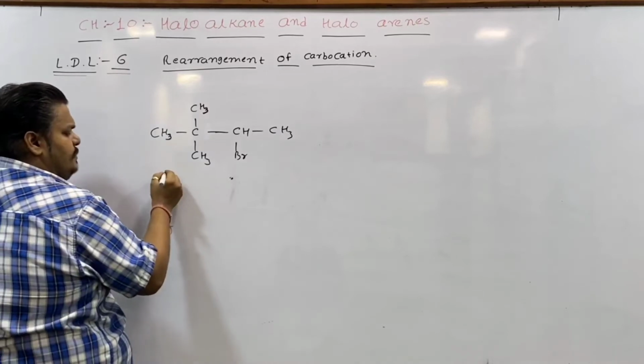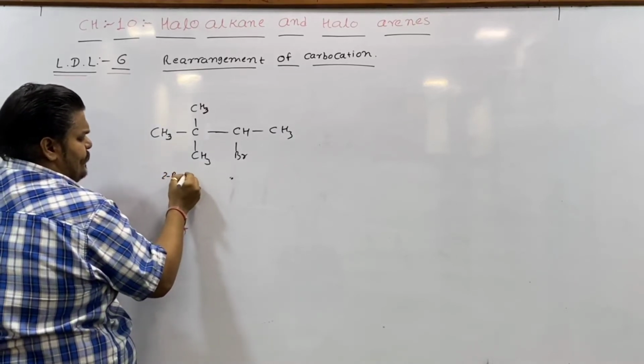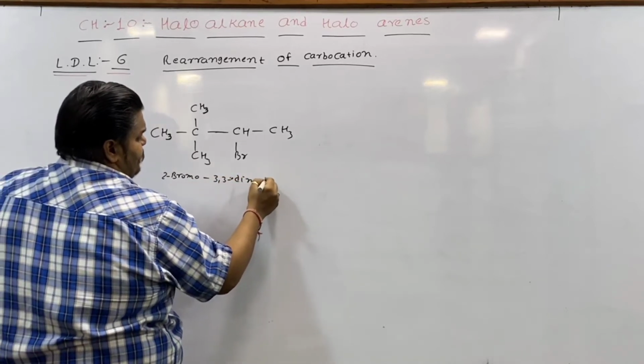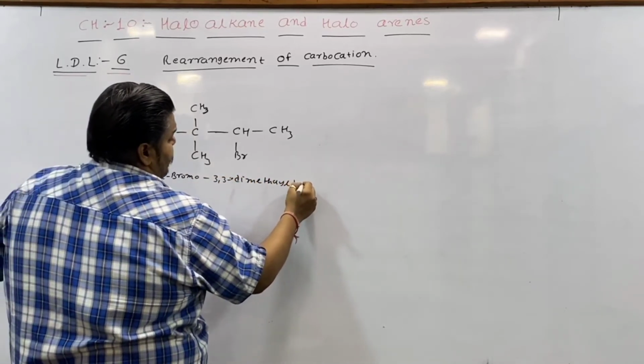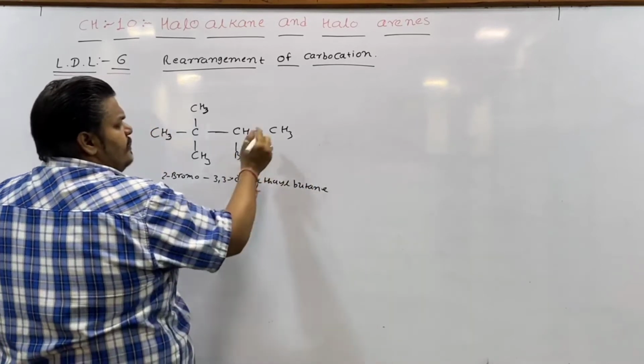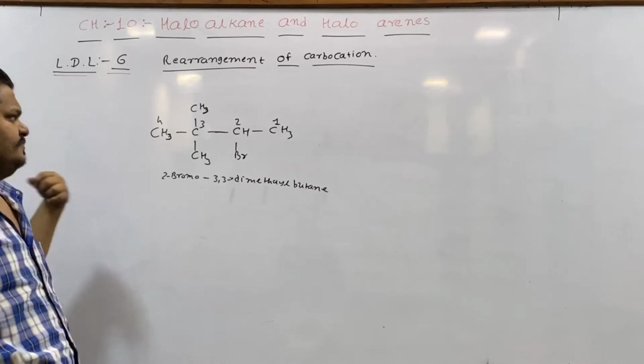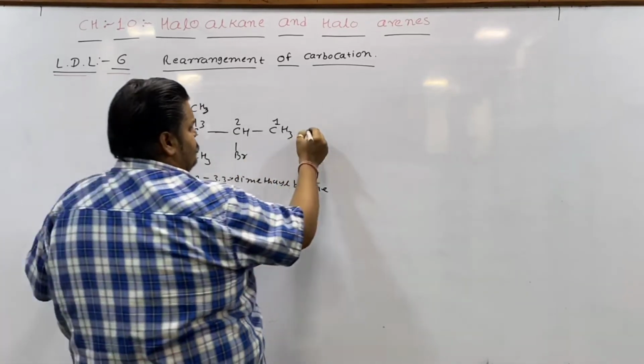Here we have 2-bromo-3,3-dimethylbutane. First carbon, second carbon, third carbon, fourth carbon. In this compound,